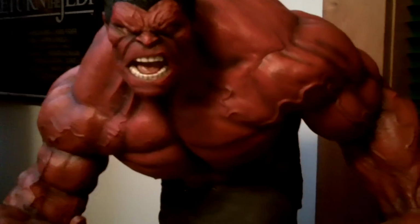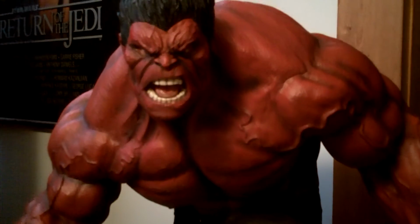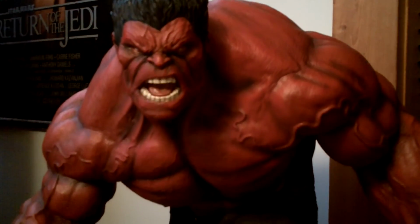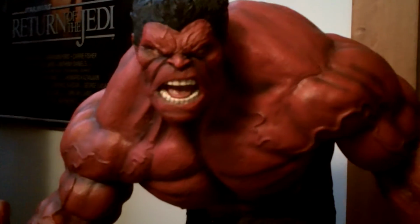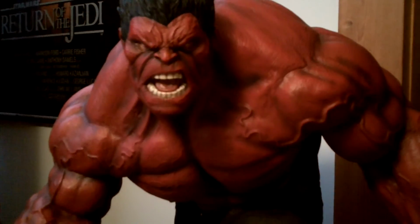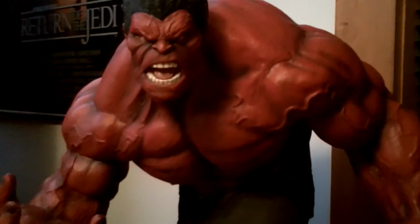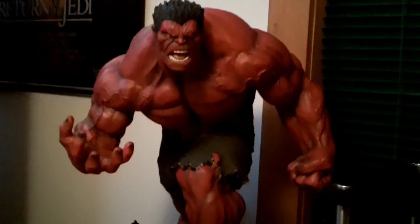The regular head actually has more of the personality of the real Red Hulk. More of that sinister, kind of in-control look. You know, it's General Ross after all. Spoiler alert. So it's more of a conniving, thinking Hulk, not so much a raging one. But I just really love the exclusive head on this, and think it looks great with the red, with the raging head. So anyway, just to show you the back and how they did the shading there,